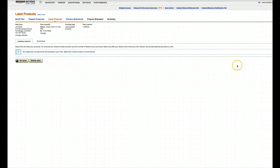Okay, now this is important. What you'll see here is that what this has done is it's actually jumped from prepare products through to preview shipments. So it's actually skipped this label products area here. Now what you need to do, and I'll show you, is go back later and actually I'll show you how to print the labels for your products, which is what you provide to FBA inspection to apply